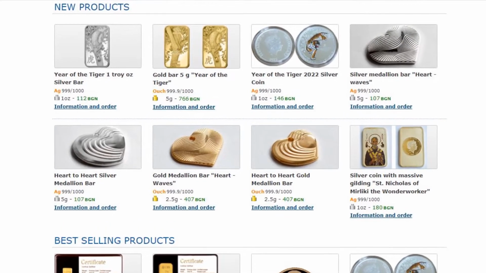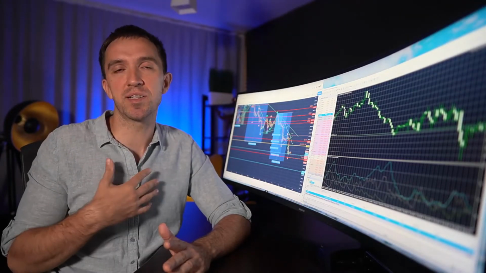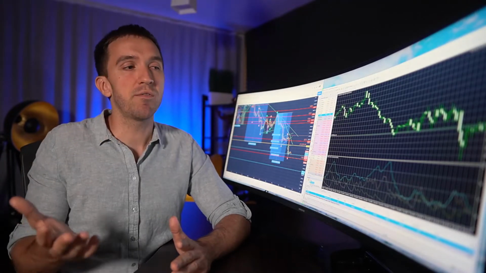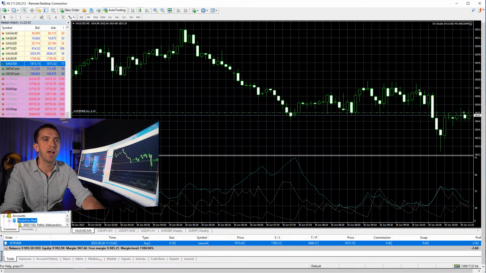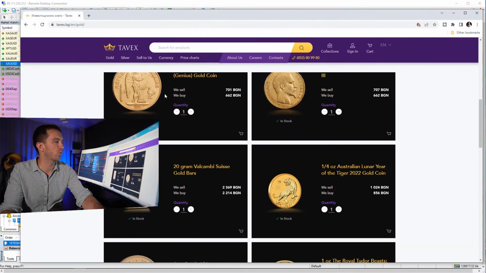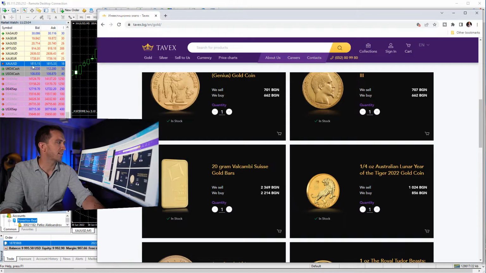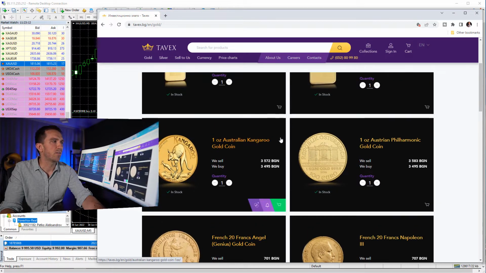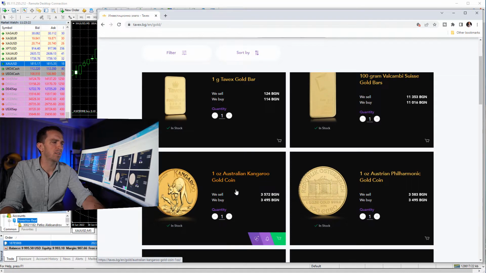Now, you can trade gold physically, but this is more expensive and riskier, personally for me. For example, in Bulgaria where I live, we have a few exchanges. I will just show you one of them. I will put it right here on my recording screen and I want to show you the difference, right? So the current price I see on the trading platform is 1815. What I see in this exchange where you can buy gold physically and sell it back after that is that 1 ounce is